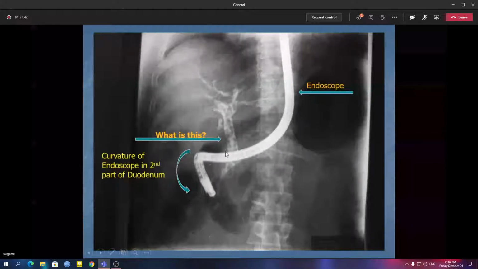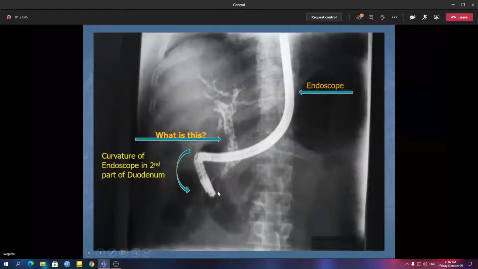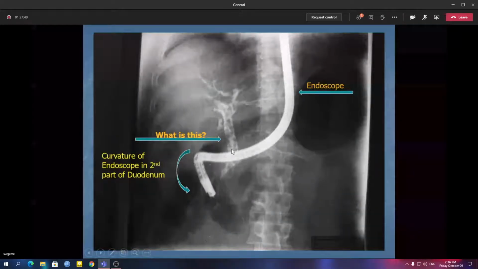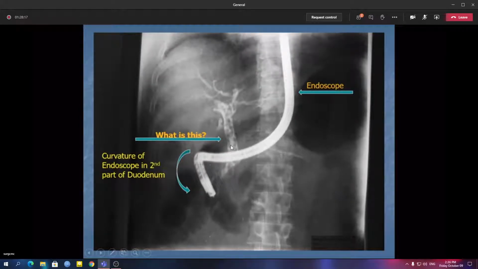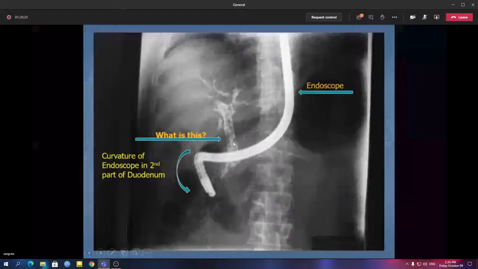This is the endoscope. Through here I have pushed the dye inside the CBD, and you can see the CBD is visualized. And what is there inside the CBD? Filling defect. A number of filling defects, and the CBD is dilated. So if you get this kind of thing from an X-ray plate, don't get confused. It is an ERCP. Look for what the examiner is willing to show you, whether multiple filling defects or a single filling defect is there within the CBD or not.